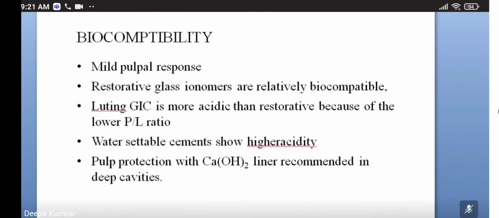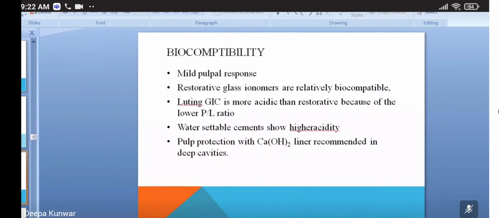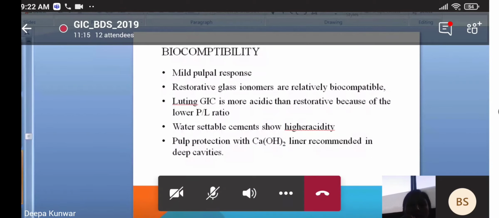Surface finishing of GIC restoration must be carried out without excess drying to ensure its survival. Okay. Surface preparation, clean tooth, it's the same thing. Okay. Cavity preparation. Okay, how to mix it. Okay, the powder liquid ratio recommended by the manufacturer should be followed.